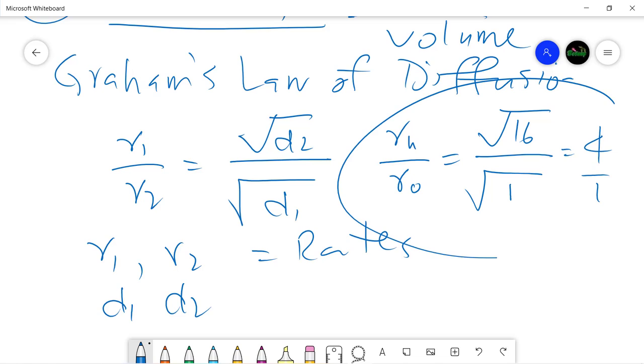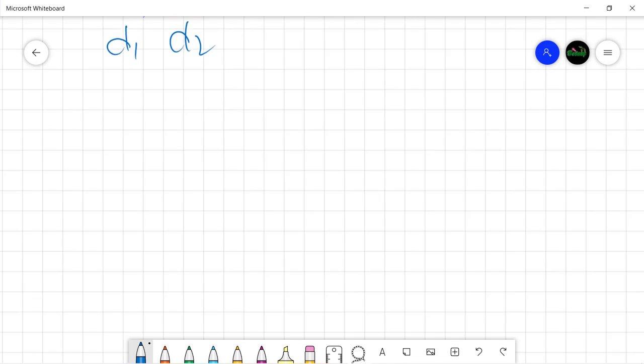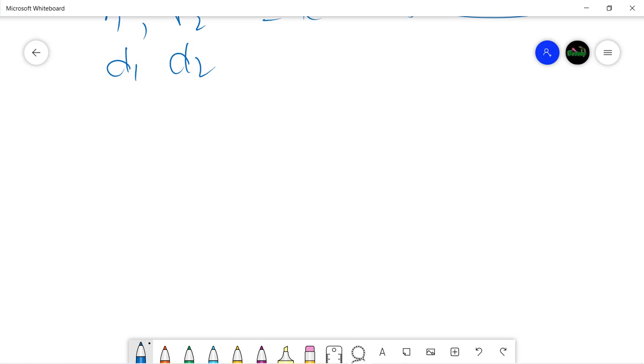As you can see very clearly here, the rate of diffusion will be 4 times faster for hydrogen as compared to oxygen. And in the laboratory we can very easily demonstrate this principle, Graham's law of diffusion,